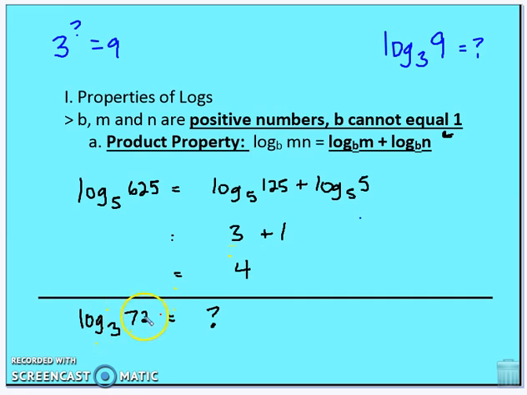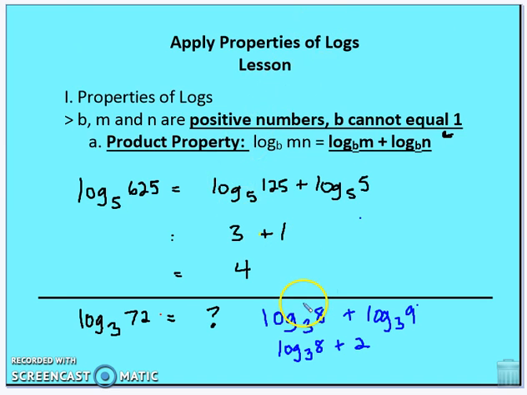I want you to evaluate log base 3 of 72. I'll pause here. All right, log base 3 of 72, I can separate it into its factors. And if I can find a factor that allows me to simplify the log as an integer, then I want you to go ahead and simplify it that way. So log base 3 of 8 plus log base 3 of 9,